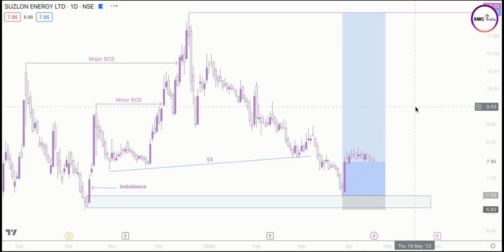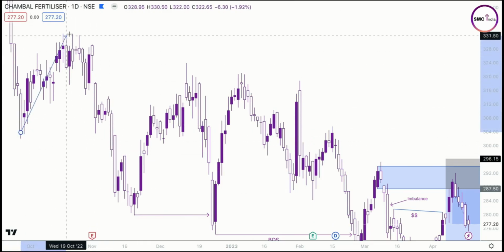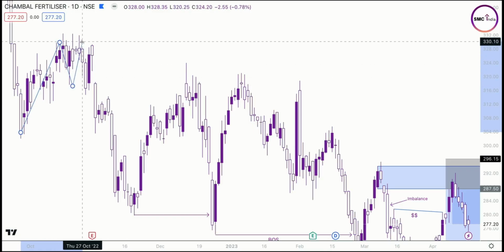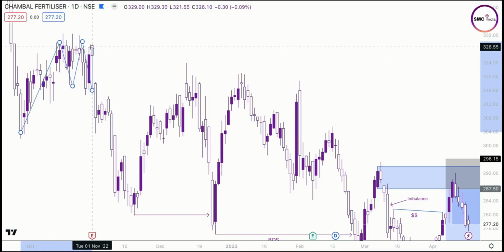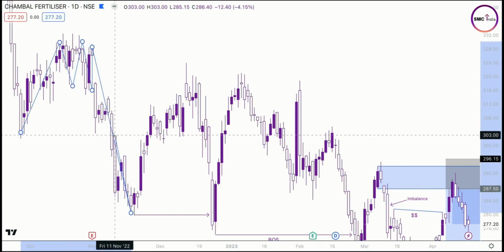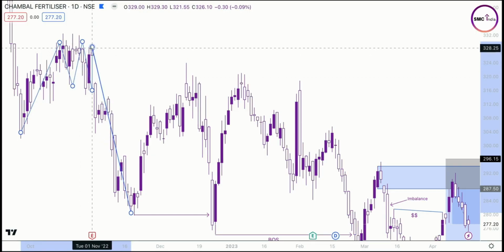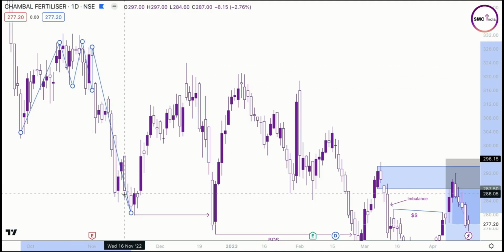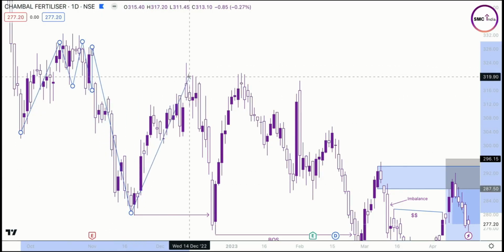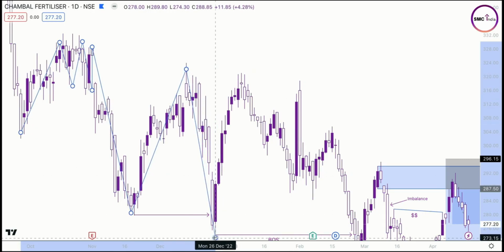I have already shared this trade. Now coming to Chambal Fertilizer, what the price creates is that the price moves up, consolidates a bit, and then shoots down, breaking the structure, so it validates the supply zone here. What you could see here is that there is a solid buy candle before this massive move down. So you target this area, the price comes back to this supply zone and again breaking this structure,